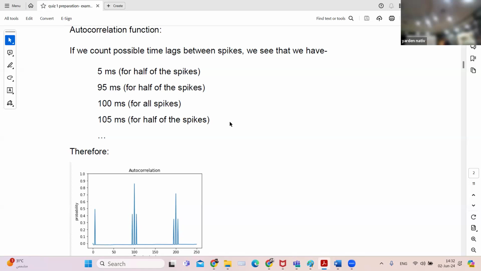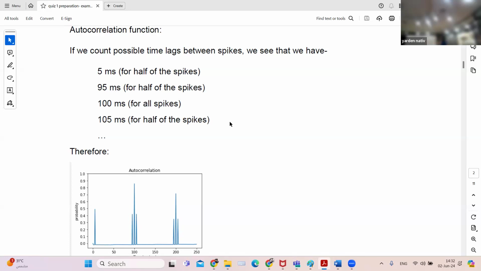So 20, right, because I have 2 every 100 milliseconds, then I have 20 spikes. So it's 20 spikes per second. Therefore, I need to take this 20 and multiply it by the probability. Okay, and in a minute I will explain what that means. So here, in the 5, it's 20 spikes, right? So this will be 10, and here we have 10, and here 20, 10, 10.